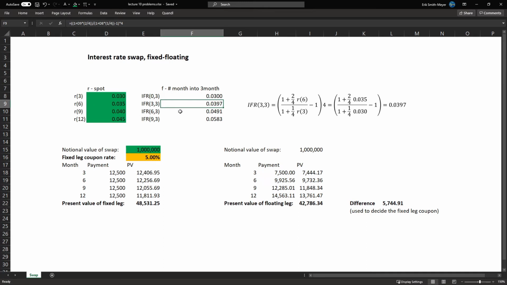And what we do is that we use this formula, and we have the discount factor, or the interest rate for 6 months,